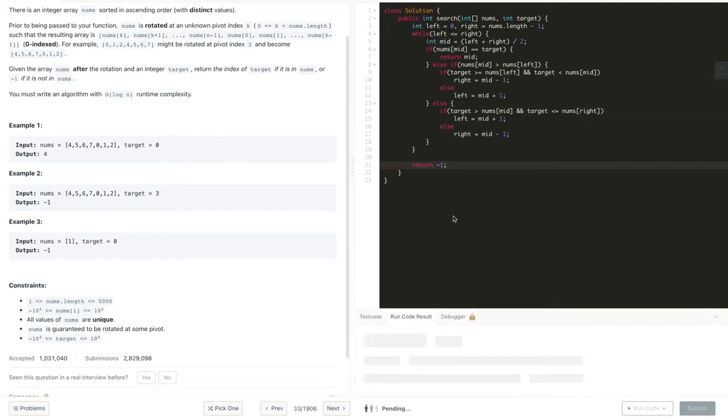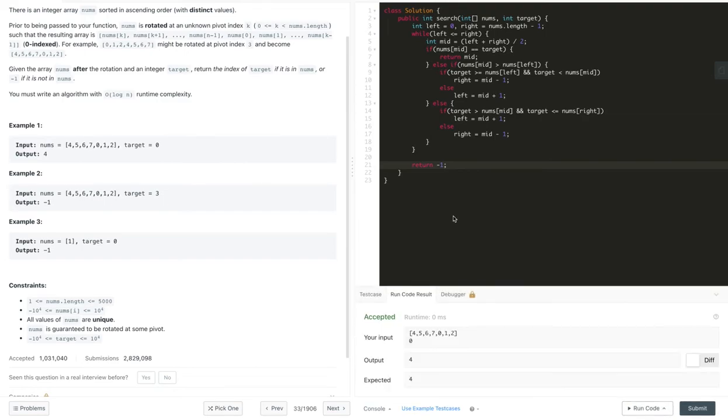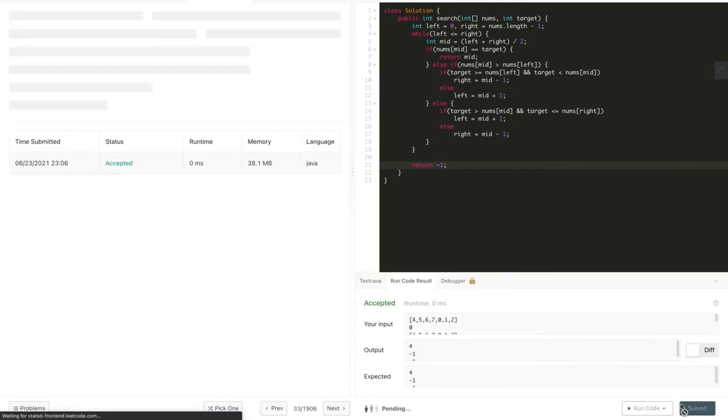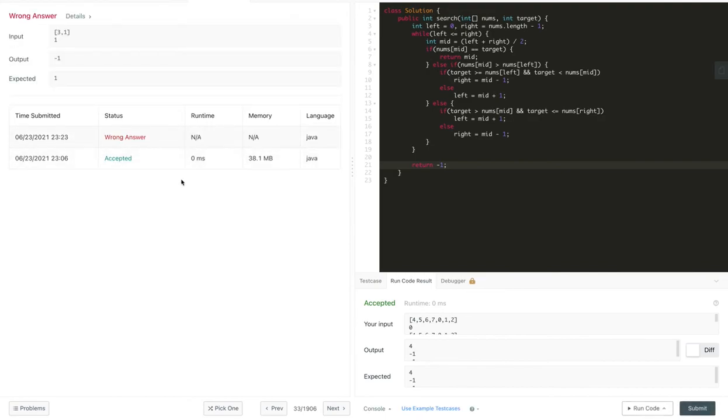So let's compile this code and see how it works. The code compiled and we are getting the correct answer for the first test. Let's try all the given test cases and see if it works for all. Yeah, it works. Now we can submit the code and see. So this one is a linear solution, I already submitted. Oh, there is some error. Now let's see what the error is. So for 3 1 we return minus 1 over here.